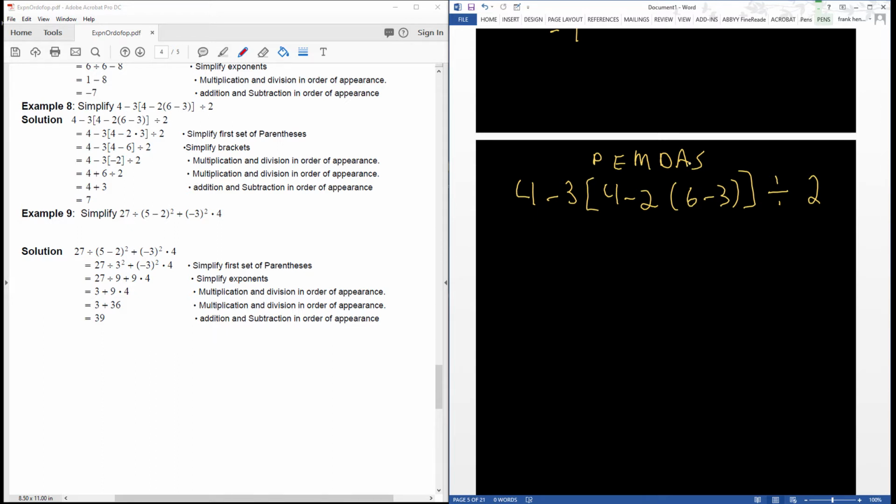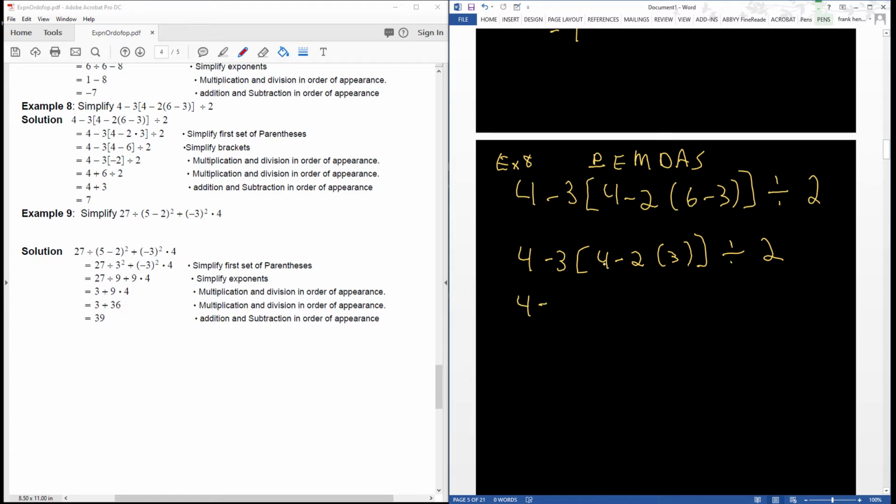So now when I do this one here, this is example 8. Parentheses, I'll take care of the innermost set first. So 4 minus 3, bracket 4 minus 2 times 6 minus 3 is 3. Close parentheses, bracket, divided by 2. So I still have to simplify what's in the parentheses here. I have subtraction and multiplication, so I'll take care of the multiplication